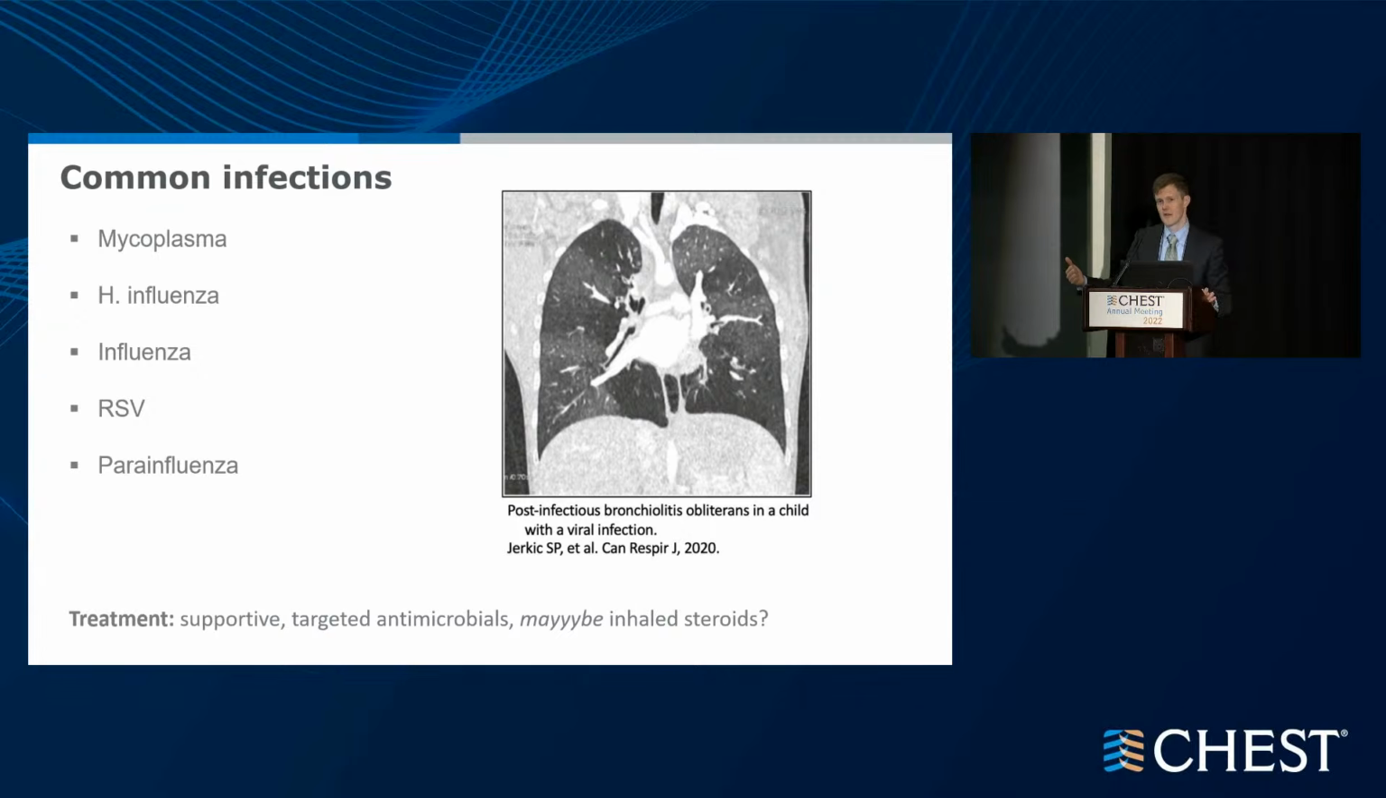What are the common infections that cause infectious bronchiolitis? There's a list of them. The most common ones are going to be your flu, RSV, parainfluenza. I'm suspicious that we got parainfluenza because we have myalgias and fevers at home and stuff. And then mycoplasma and H. influenza for bacteria. This is a patient who has bronchiolitis following a viral infection in a kid here on the